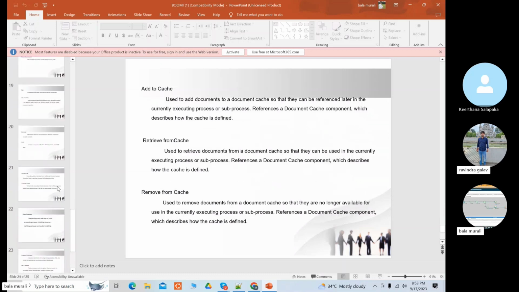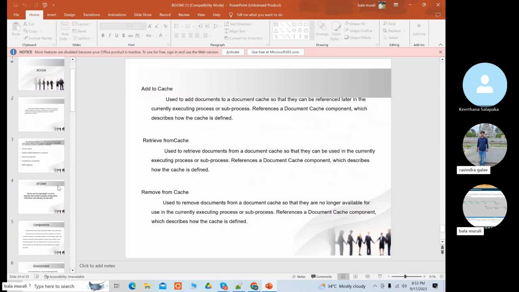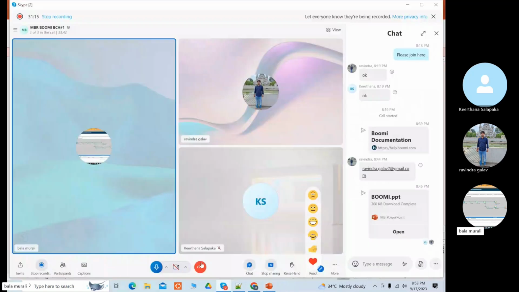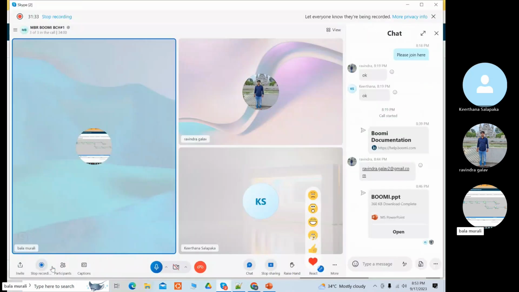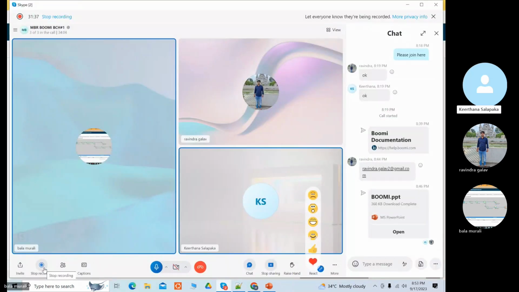Okay, is it fine? So actually, this recording will be of no use for you, but I have recorded it just for your reference. I just gave an overview. That's it. How you can log into Atomsphere. So I think Ketan already knows how to log into Atomsphere. So just log into your Atomsphere, and I can guide you. I think Ketan, you can leave the call.